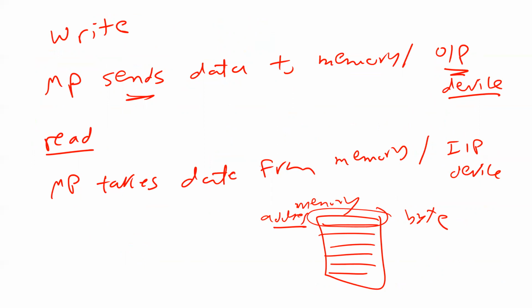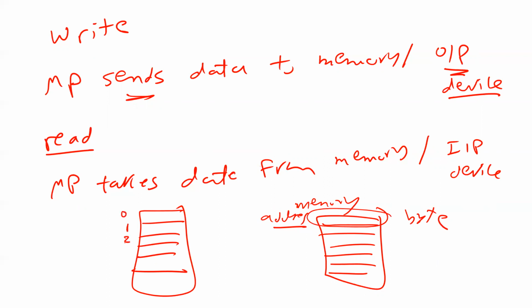Again, let me say it again. Look here, guys. We agreed. If I want to send the data to input output device number one, I have to send the address related to this device, and then I'm going to send the data. So the device can understand this data is for me. Is that clear? Same thing for memory. The only difference is memory has too many locations. Every location has an address. So this is a memory. It has locations. This is location number 0, location number 1, location number 2 and 3. And this location, we call it address. Every location has a unique address.